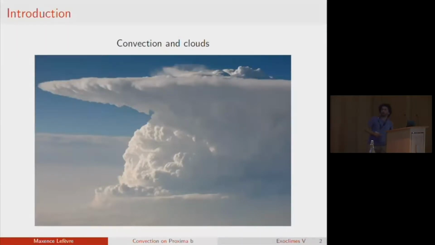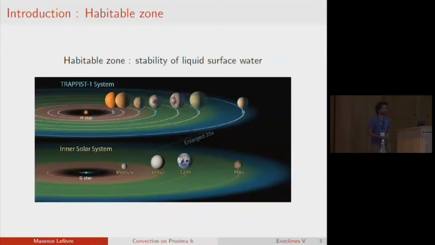Okay, so I'm going to talk about convection and clouds. So first, a little introduction.